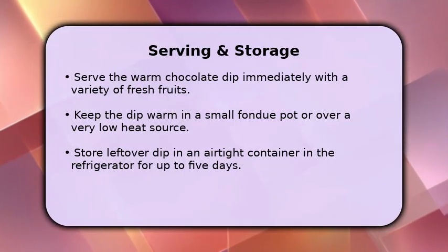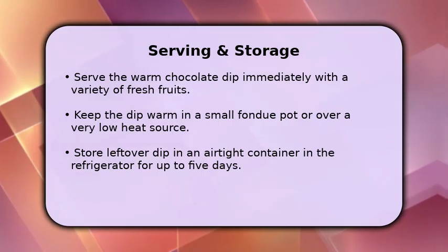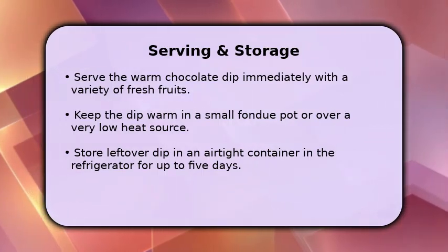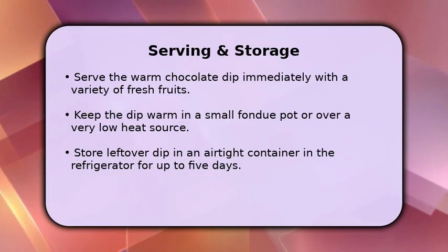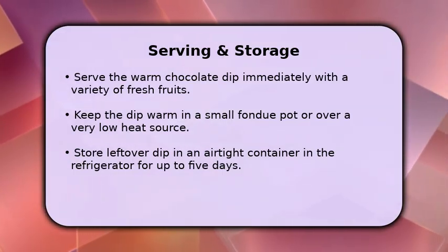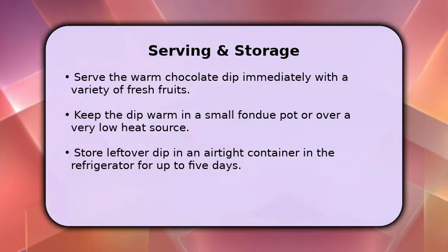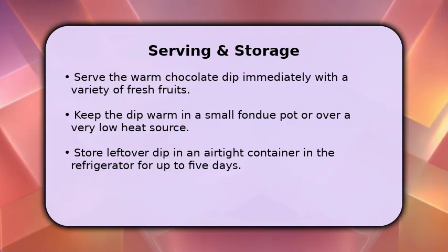Once your chocolate dip is perfect, it's time to enjoy. Serve it immediately with an assortment of fresh fruits like strawberries, banana slices, or apple wedges. To keep it warm throughout your gathering, use a small fondue pot or a very low heat setting. Any leftover dip can be stored in an airtight container in the refrigerator for up to 5 days,